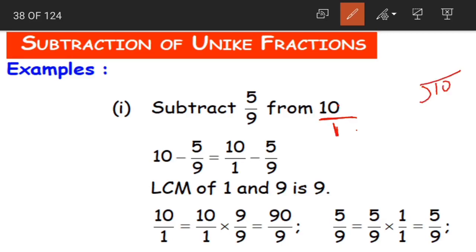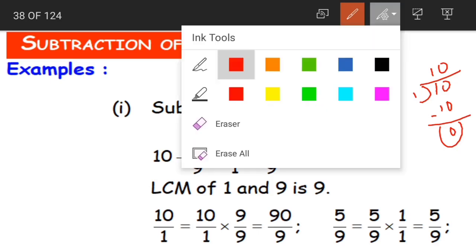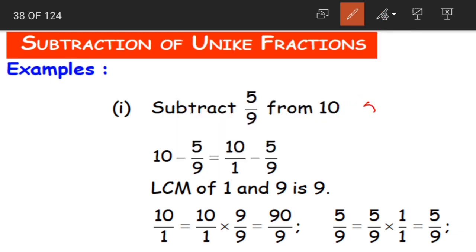See, if I divide 10 by 1, I have 10 ones are 10, and when I subtract, 0 is my remainder. Yes, we'll get 10 as the quotient. So that is why whenever only a single number is given and we want to consider it as a fraction, we'll take 1 as the denominator. Okay. Now what do we have here?